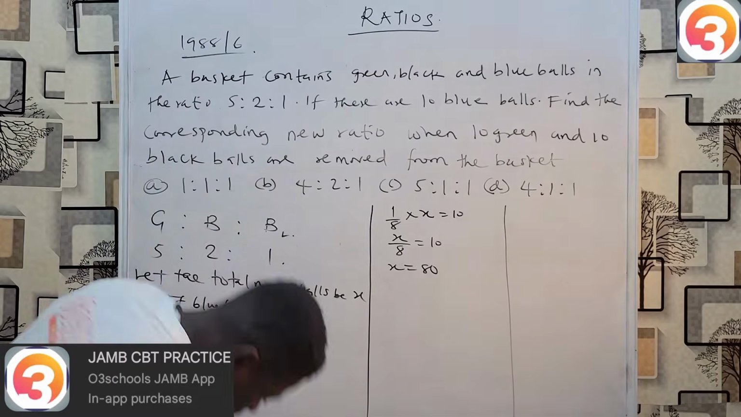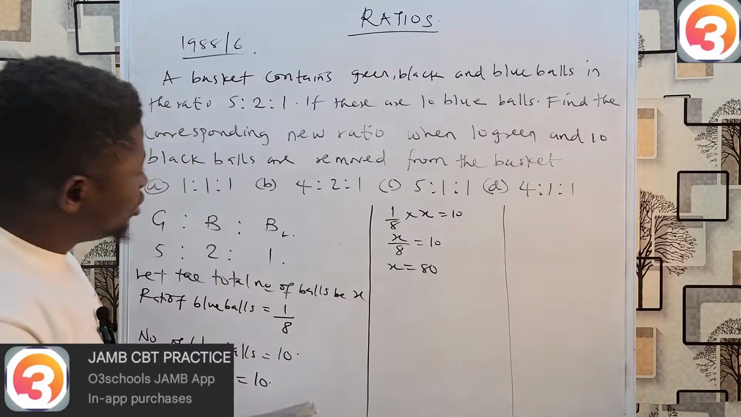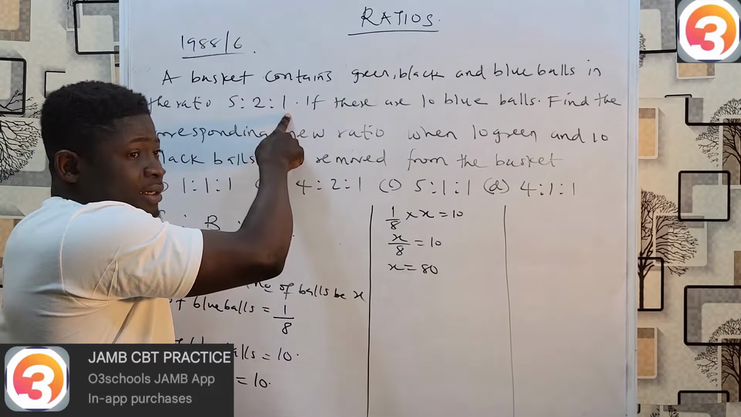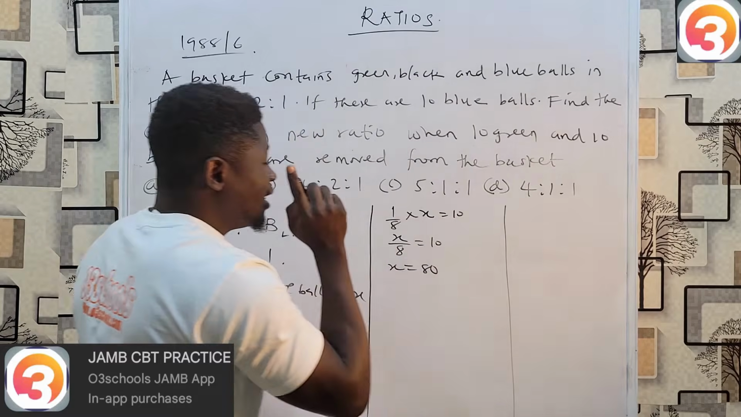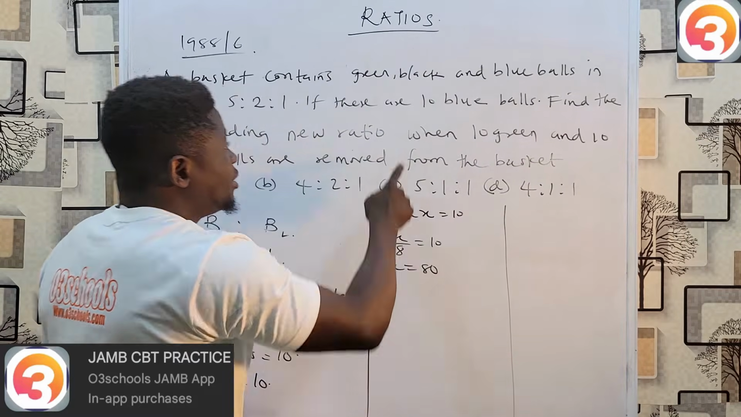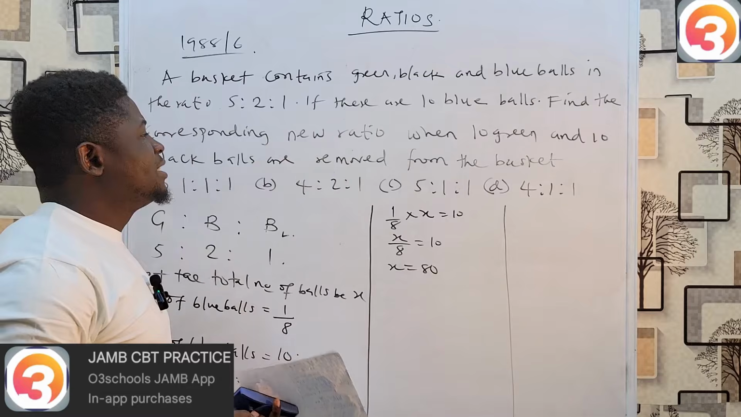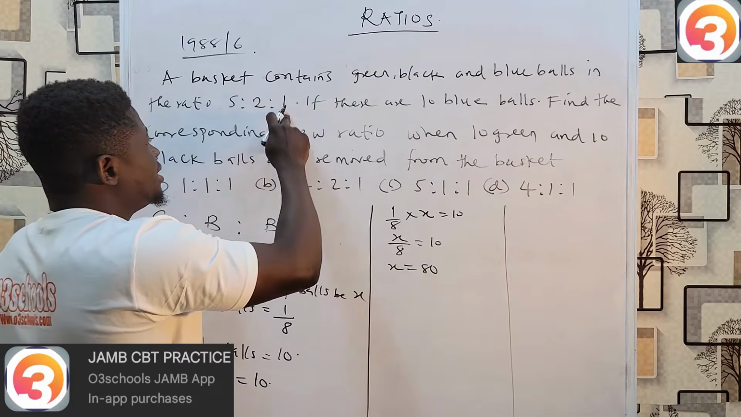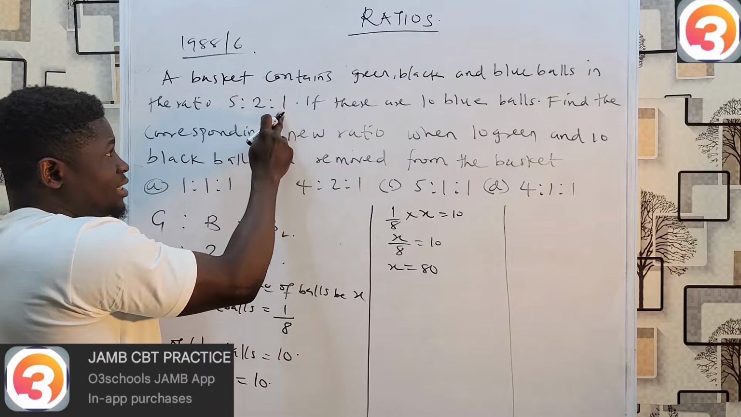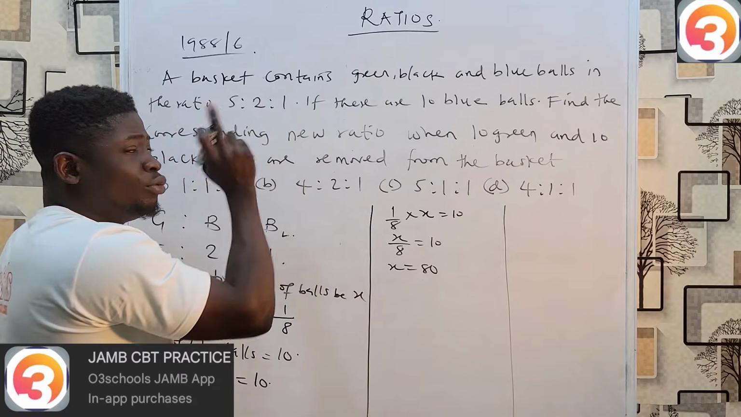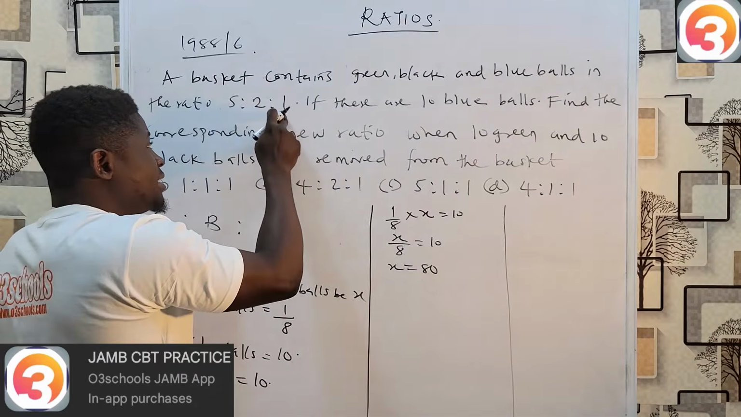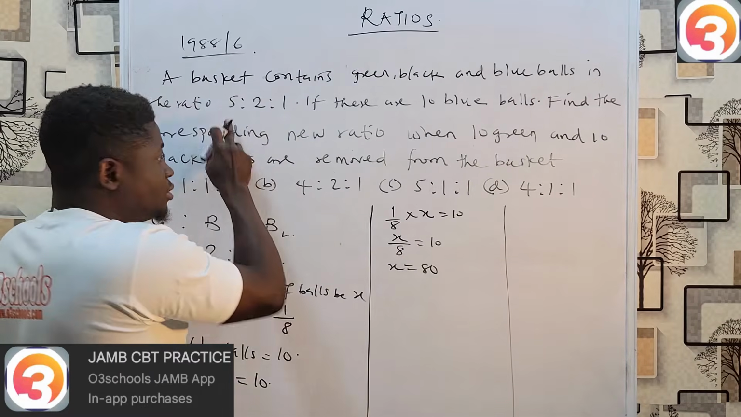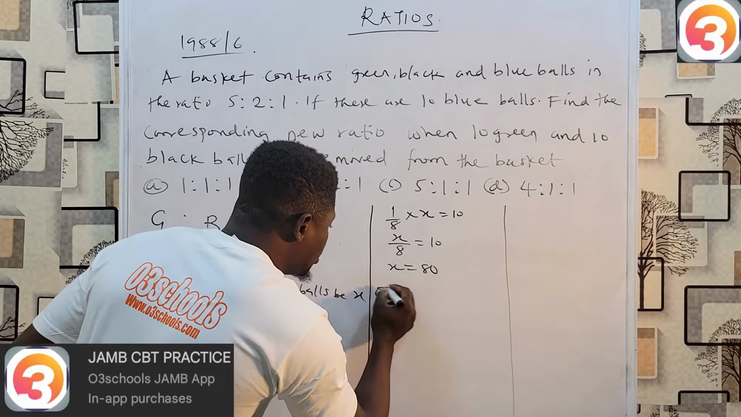So we have this ratio 5:2:1. Now we are told that x is 80, and the number of blue balls is 10. It's very, very easy from here. If the ratio of blue balls is 1 and this one is 10, that means we multiply by 10. So this one will be 20, obviously, and this one will be 50. So that means the old ratio